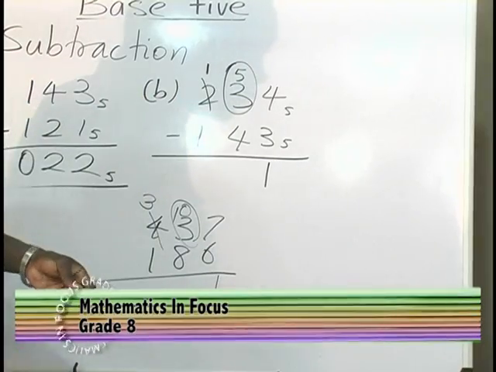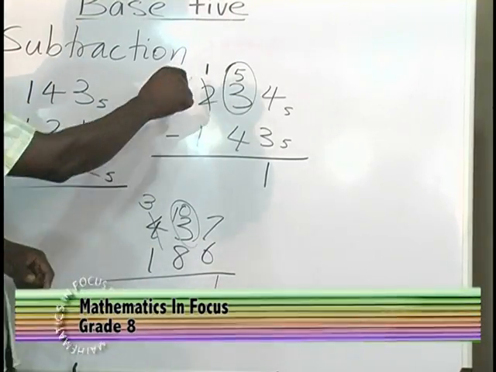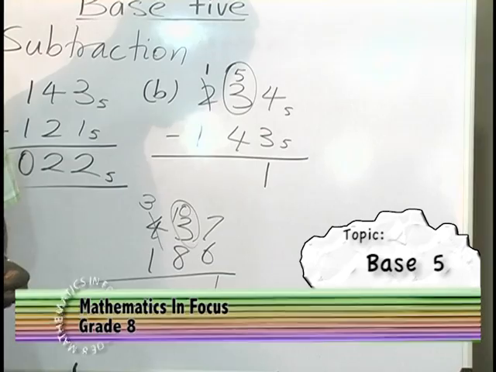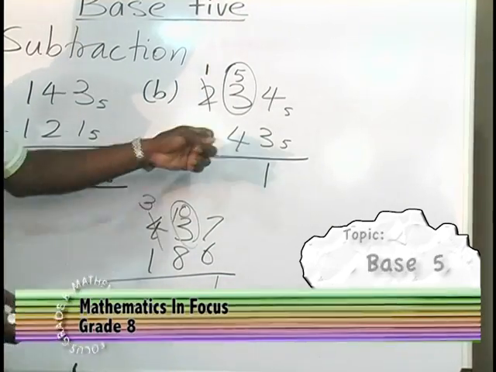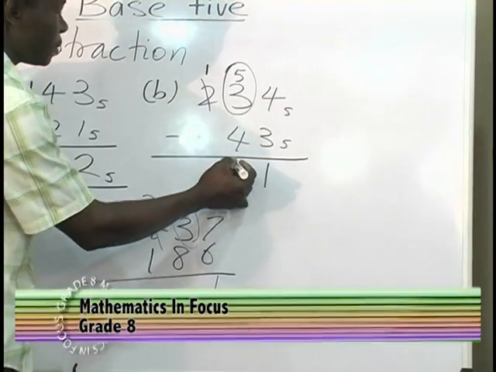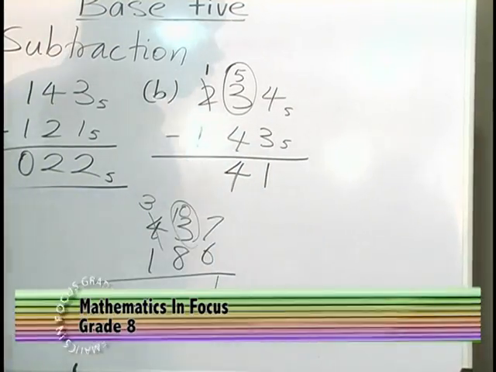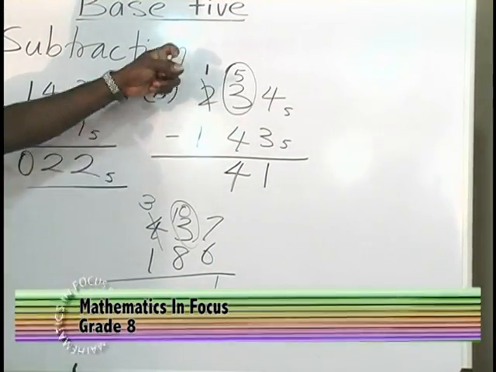So it's the same thing we're doing here. You're dealing with base 5, so when you take 1 across, it becomes 5. And 5 plus the 3, which you already had, is now 8. And 4 from 8 will give you 4. 1 from 1 gives you